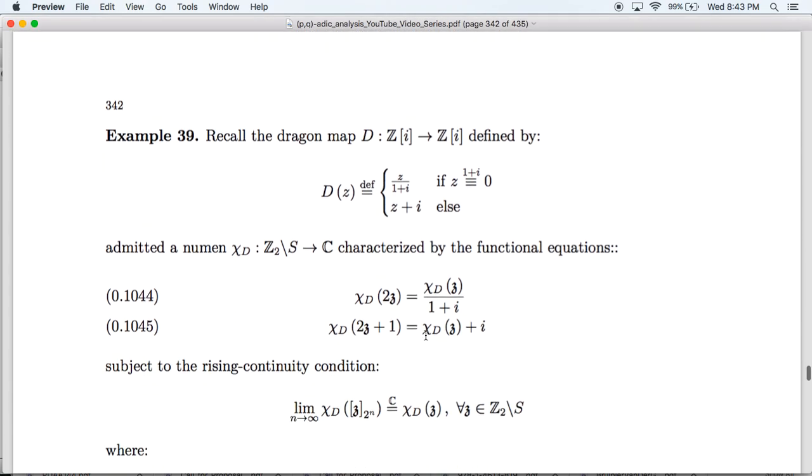So what this is telling us, and is the reason why this function is not defined when z is in S, is because z in S corresponds to those composition sequences where we apply so many plus i's that the divisions by 1 plus i aren't enough to cancel it out, and what we end up with is that chi d of an element of S will be equal to positive imaginary infinity. So those are all singularities of our function, and that corresponds to the fact that those